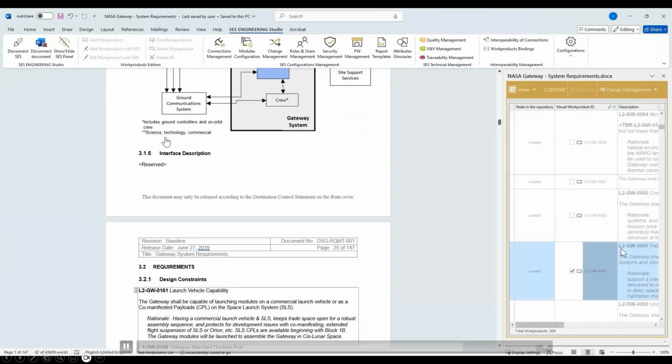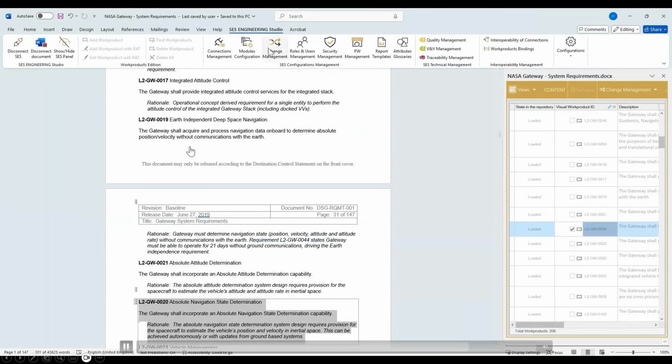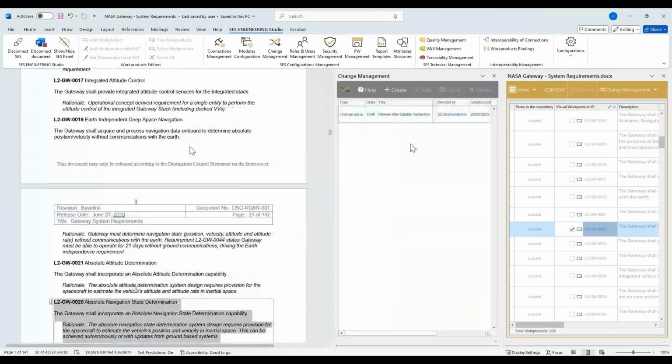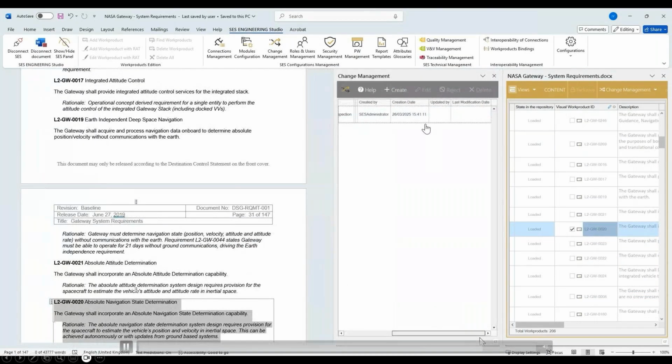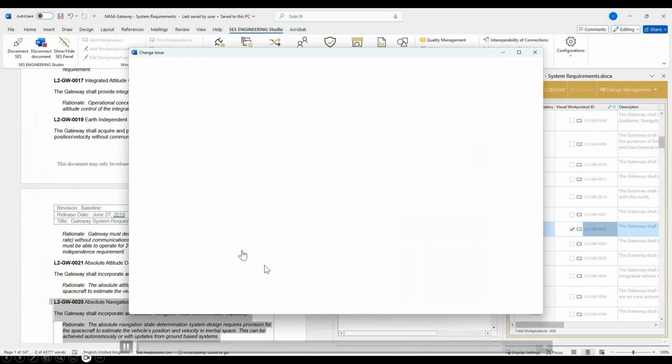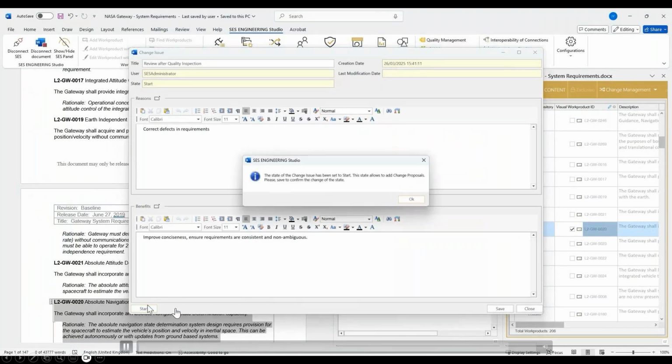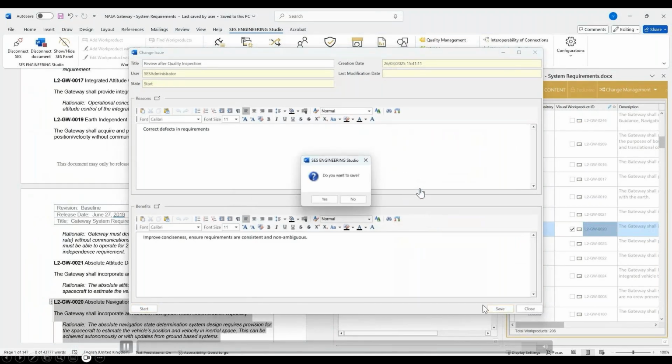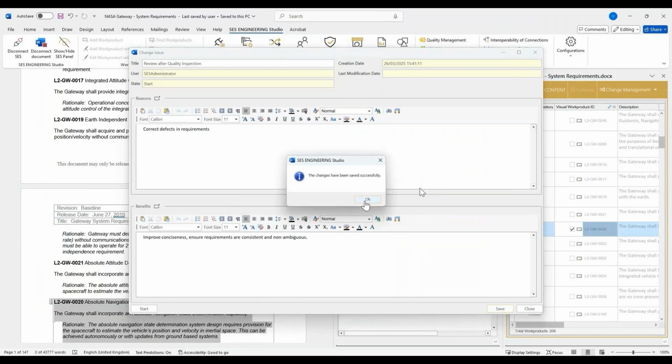Then eventually we can go to change management and see that this change issue has been created, and we can decide to start it. You see the start button here, to start allowing change proposals. And so this becomes now a